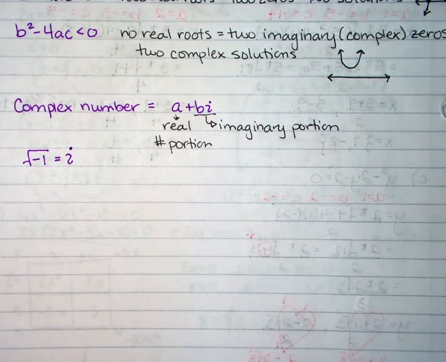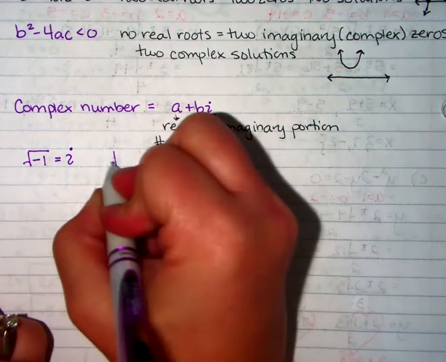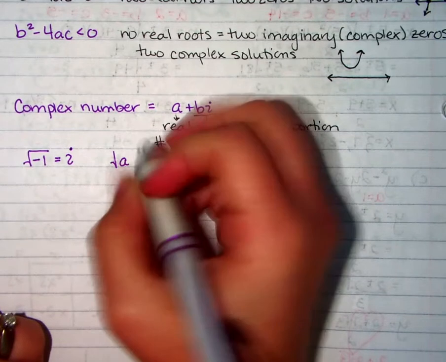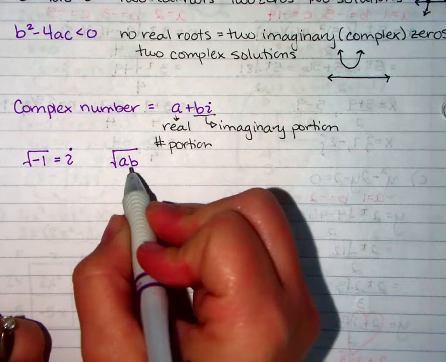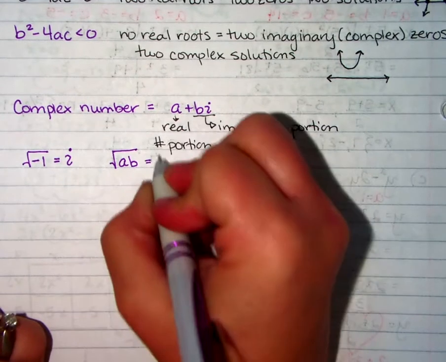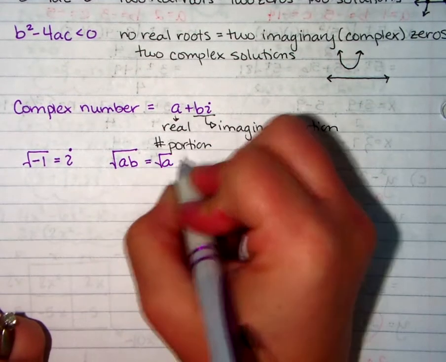We also need to remember a rule for radicals. One of our rules for radicals says that if I have individual factors underneath a square root sign, each individual factor can be placed underneath its own square root and then simplified as needed. For example, if I were to simplify